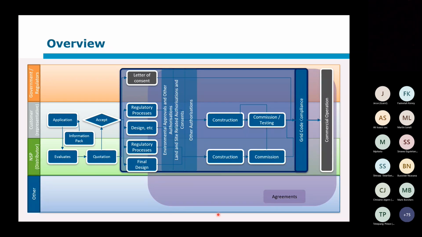In the background, you will see there's another see-through block that speaks of agreements. And agreements can include